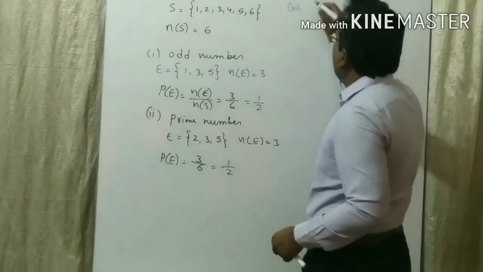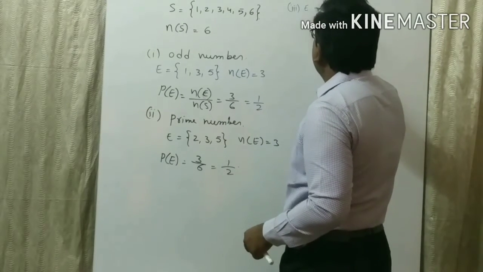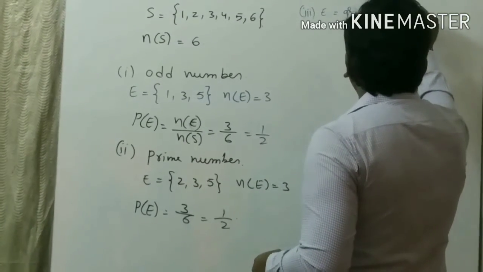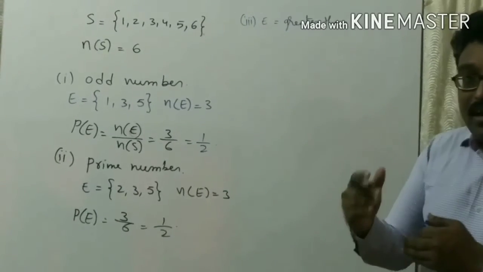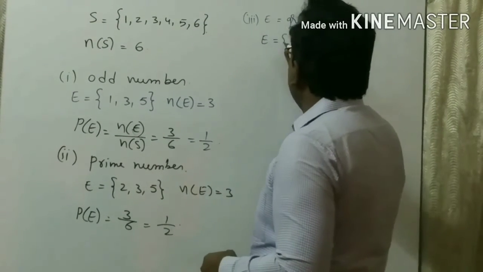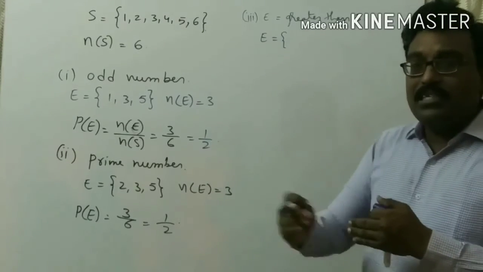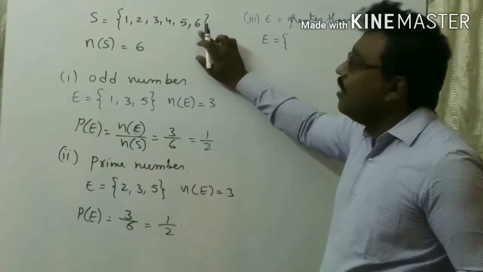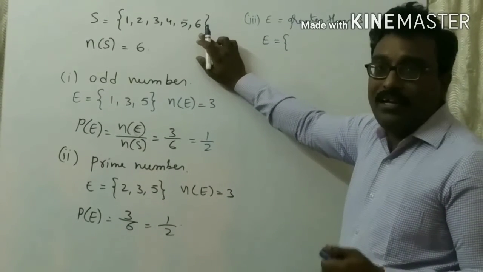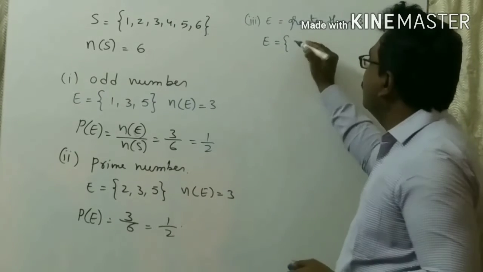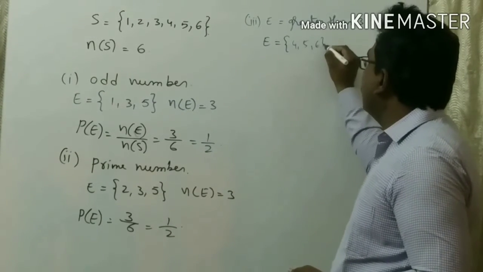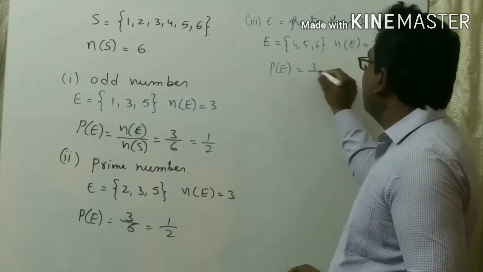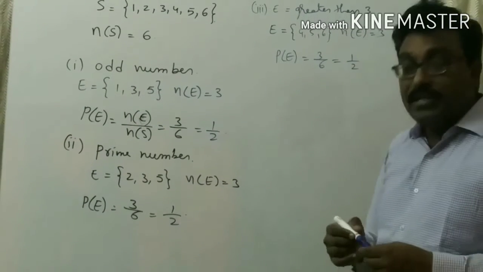Suppose your next question, question number 3, is probability of getting a number greater than 3. The number should be greater than 3. So what are the numbers greater than 3? 4, 5, 6, 7, 8, 9, and so on. But our limitation is 6 here, because the maximum number you can get after rolling a dice is 6. That is 4, 5, 6. So the number of events is equal to 3. So the probability of getting this event is 3 by 6, of course 1 by 2.